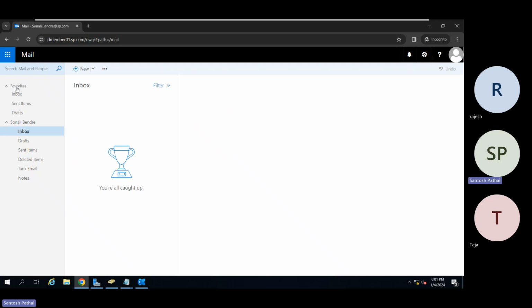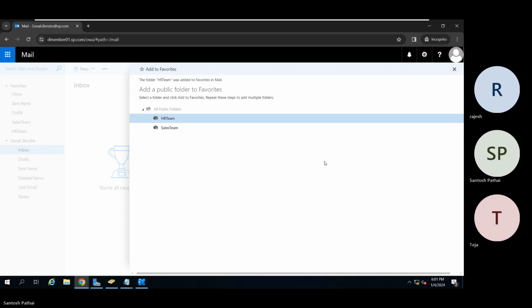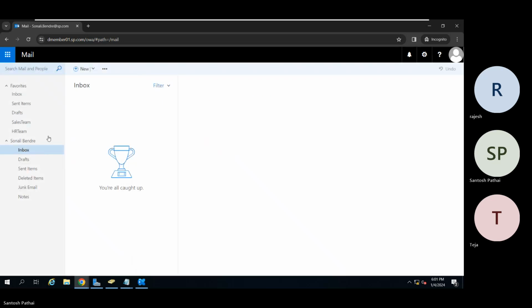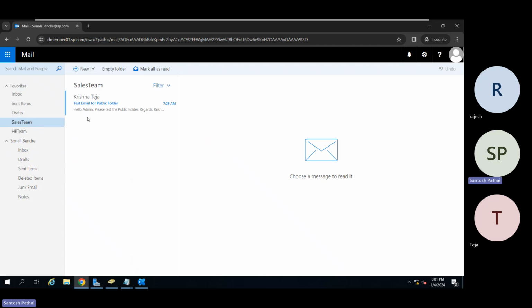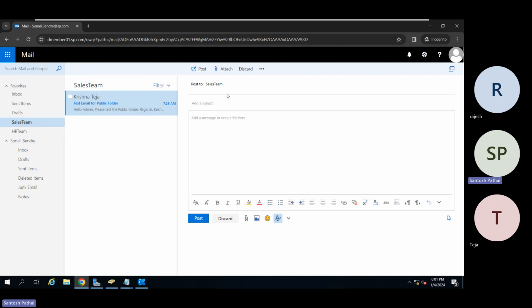In the same manner, Sonali can also add public folders. Go to sales and you can see she is able to find the sales team public folder information. So now she can chat here, she can send information. You can see it is not showing send email here. When she is part of the sales team public folders, it is showing post. So we'll ask her to post, for example,